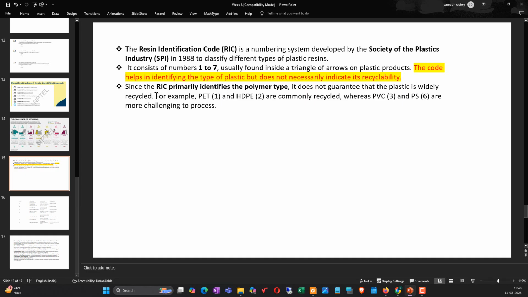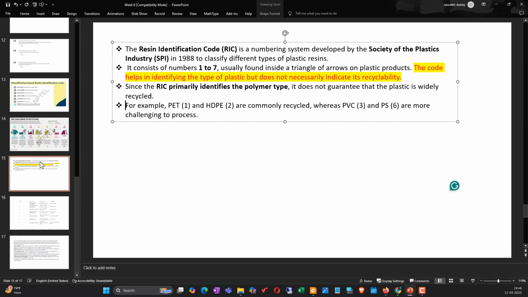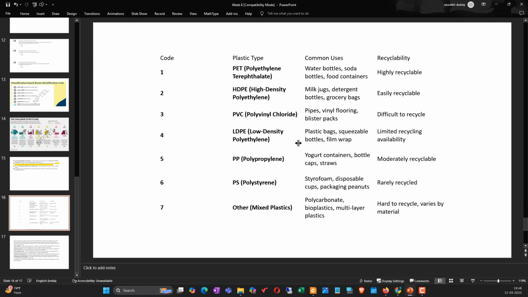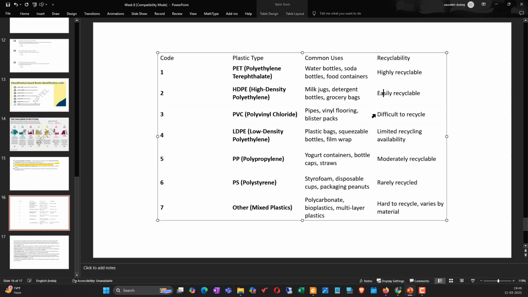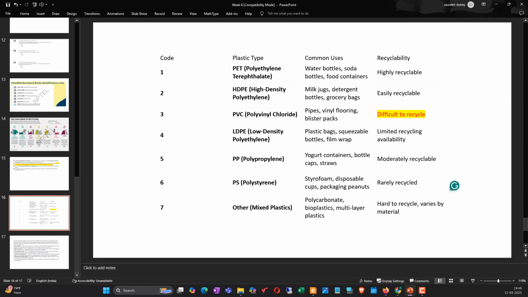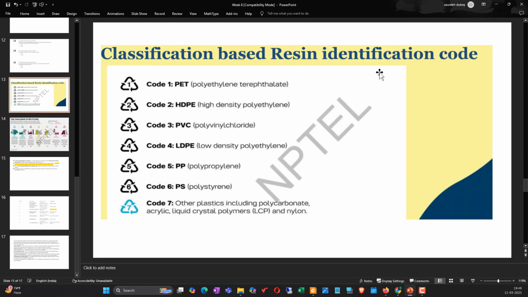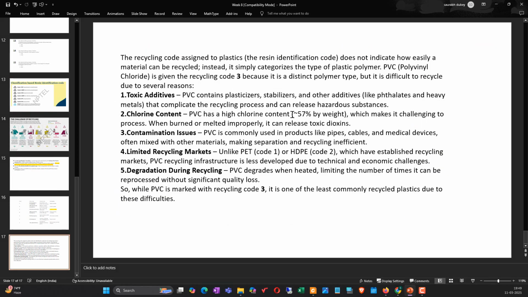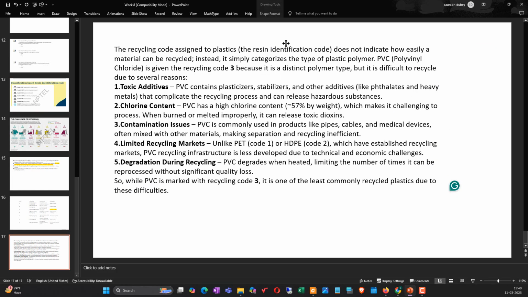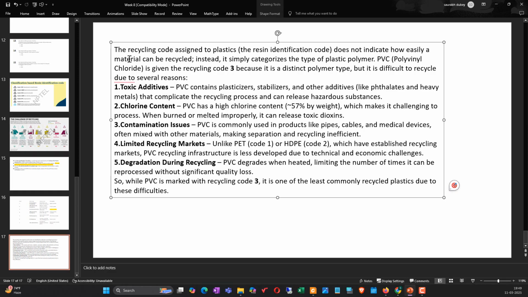But still, the way it has been defined is not altering it. If you see here also, I have given that it's difficult to recycle. Here you see it's difficult to recycle, but still it's given code 3. So that code is just one kind of classification. It does not give the ordering in this resin identification code. Okay, so the take home message is this: